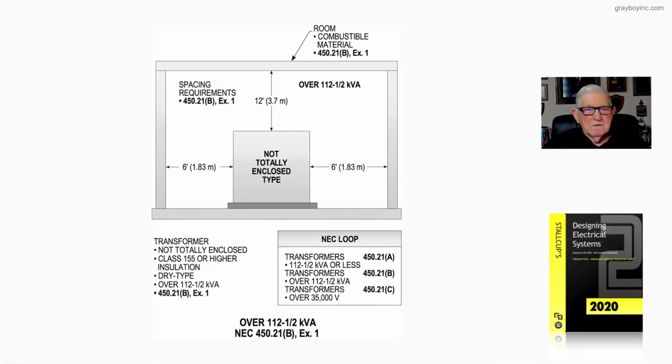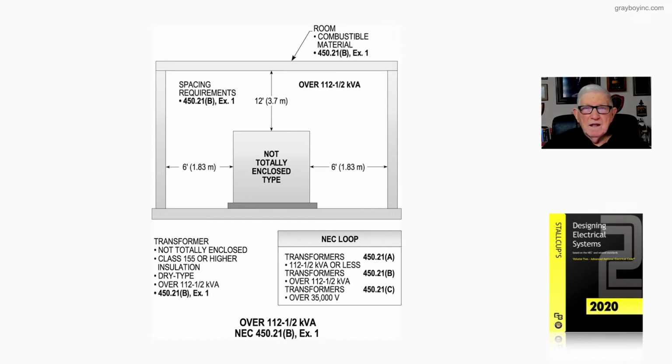Now let's look at figure 20-21. Basically, we're dealing with transformers that are not totally enclosed except for ventilating openings. We're installing this transformer in a room that contains combustible material. And in the NEC loop now, these transformers that we're talking about are less than